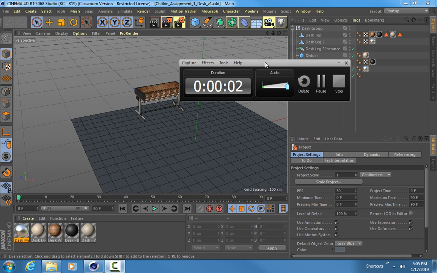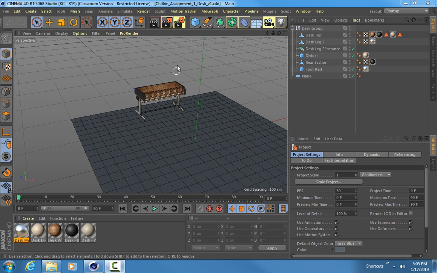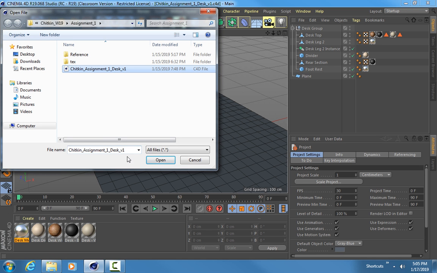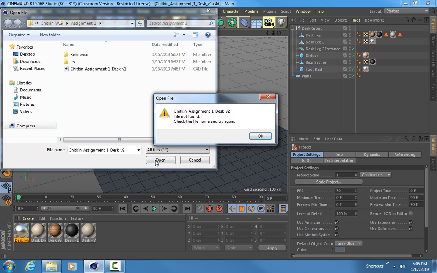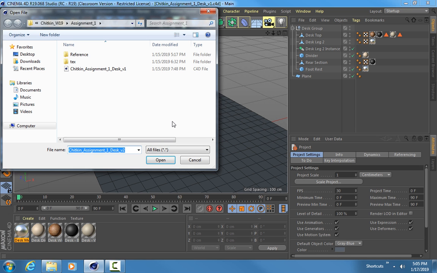So we are going to pick back up on the desk or room assignment. The first thing that I'm going to do is save this as a second version, because each time I like to start on a project, I like to incrementally save, so that way I always have a version that I can go back to in case something bad happens. So I'm going to save out a version 2 right now,